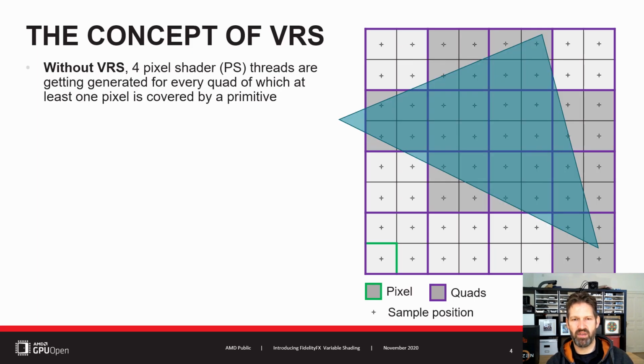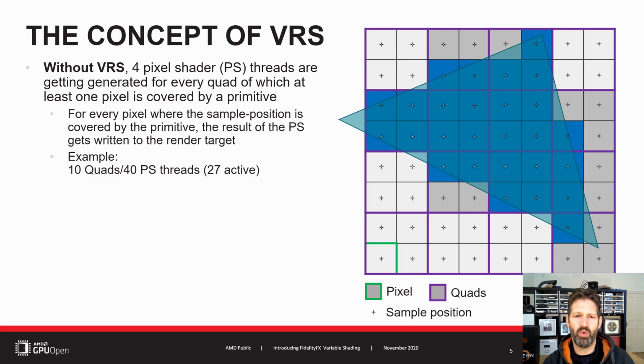Whenever you render a triangle, the hardware determines how many quads contain at least one sample location inside the triangle. Then for each of those quads, 4 pixel shader threads will get launched. Threads which correspond to pixels which have a sample location outside the primitive will get marked as inactive. Once the pixel shader finishes executing, every active thread writes its result out to the pixel corresponding to it. In our case, the triangle has a size of 27 pixels, but to shade the triangle we had to launch 40 pixel shader threads, since the 27 pixels are distributed over 10 different quads.